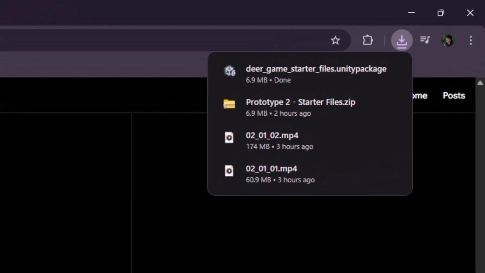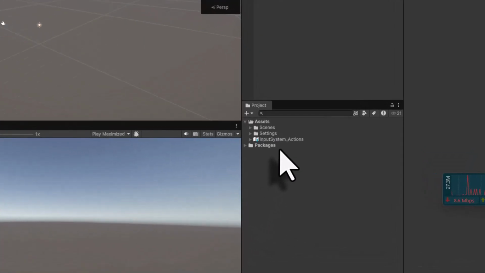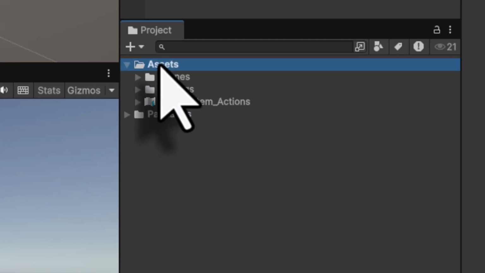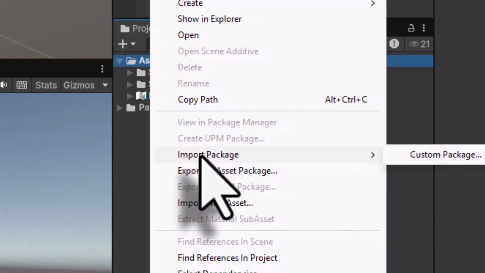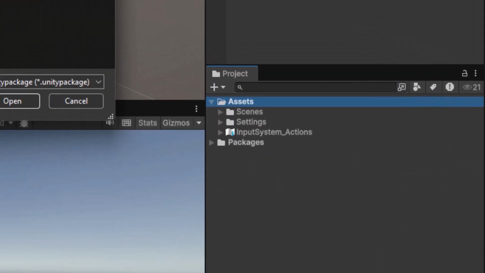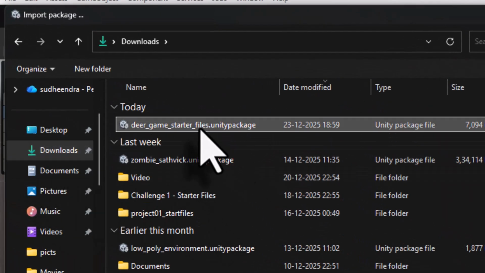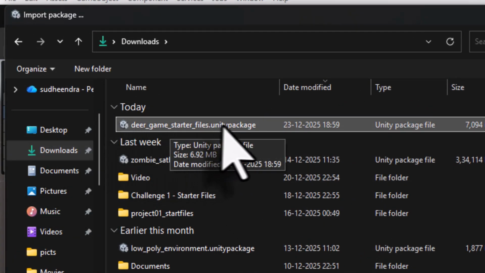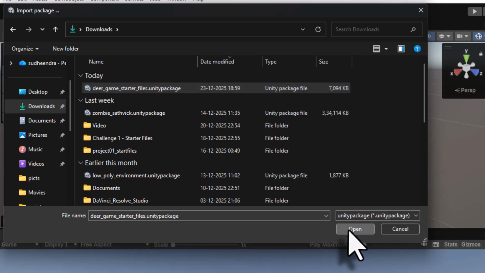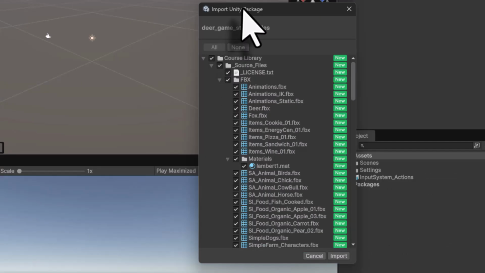And once it is downloaded, come back to Unity, and in project assets, I am going to right click, come into import package, custom package, and browse to the downloads, this particular Dear Game Starter Files.unitypackage. Select this and click on open. And in the import Unity package dialog box, see that all is selected and click on